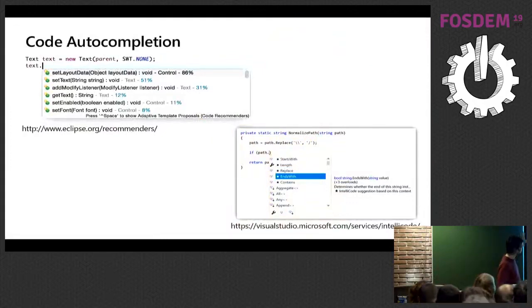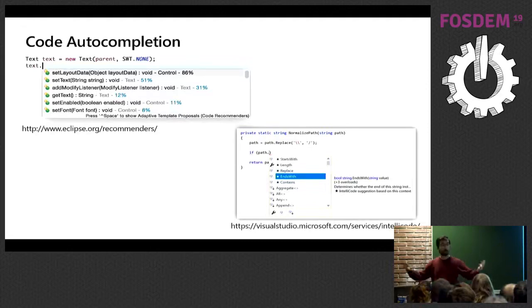Both Eclipse, Visual Studio, and Visual Studio Code. Now, when you type code, when you do text dot something, path dot something, instead of just offering you a list of suggestions that are valid for this location, they will learn about the context that you are currently typing in, and will say that, well, given the current context of the code, let's say here you just replaced something with a path, now you're inside an if, well, probably you're trying to see whether the path starts with something or ends with something.